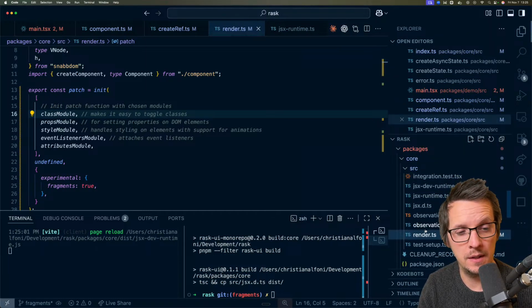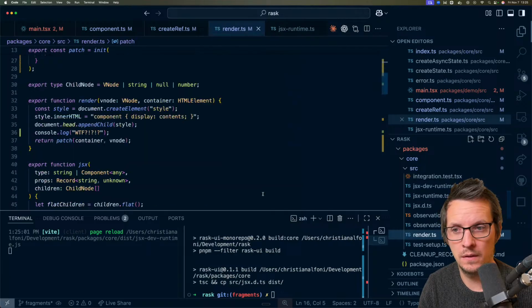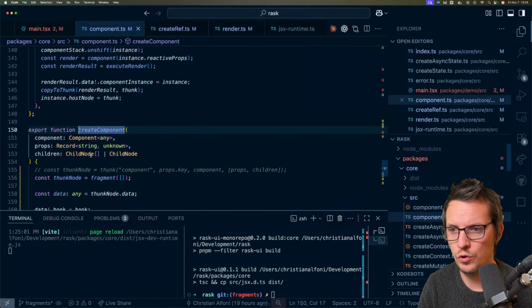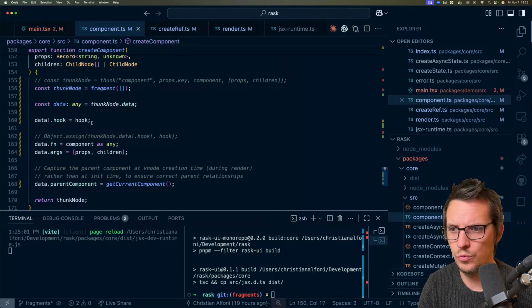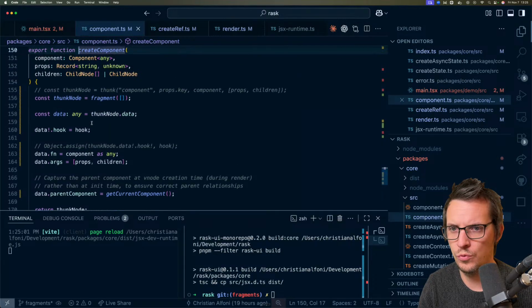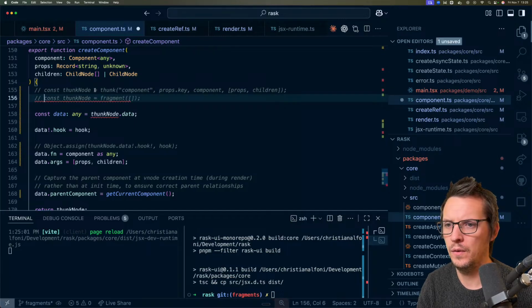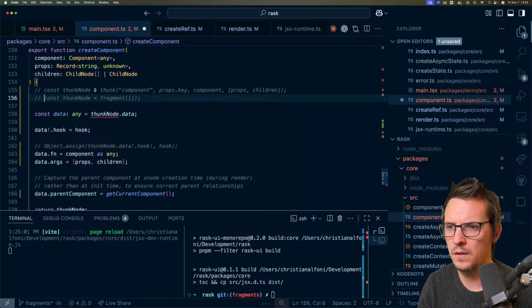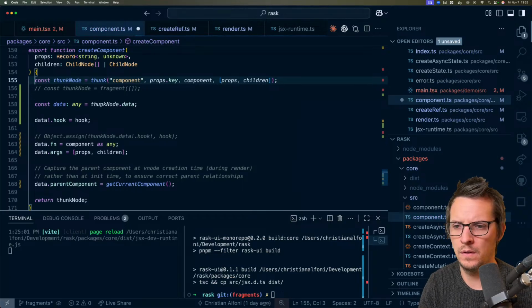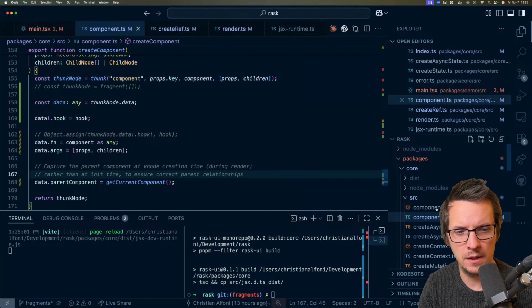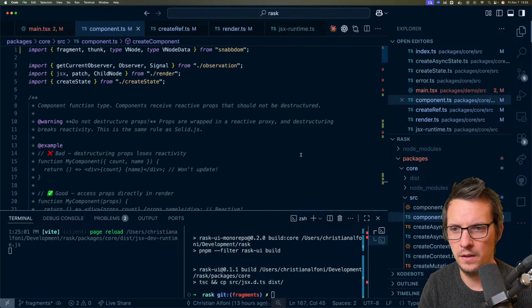I can do that easily. Yeah, we can do this. I think we can keep... Yeah, this is fine. We're just overriding it. That's fine. And then inside the component,